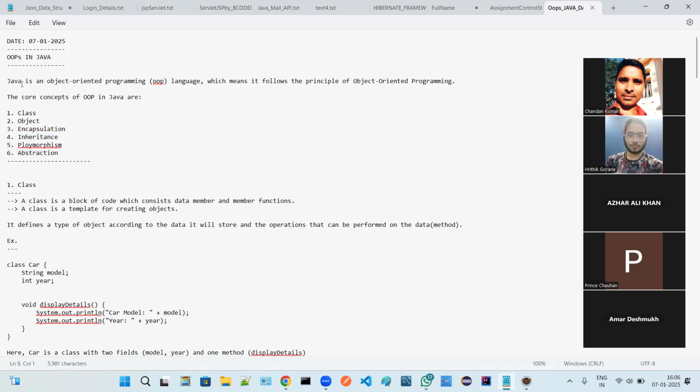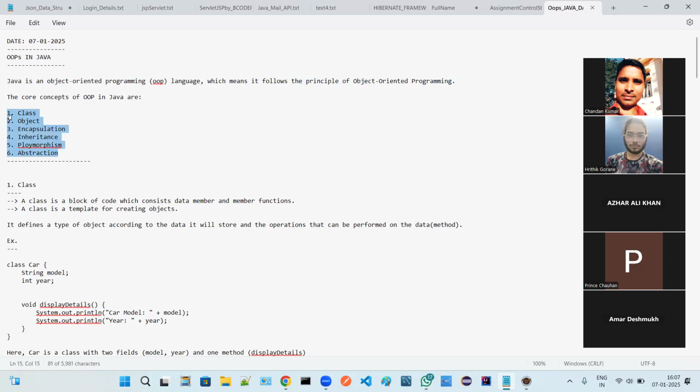So Java is an object oriented programming language, which means it follows the principles of object oriented programming. I hope it is clear to all of you.